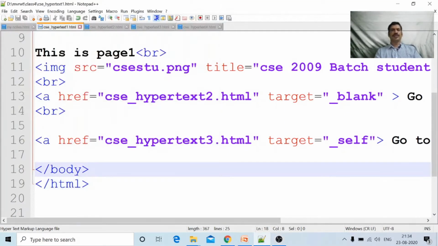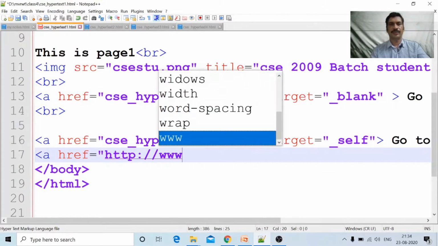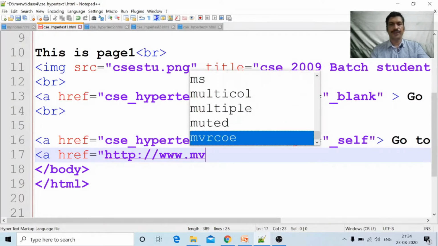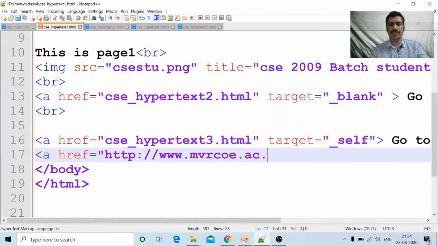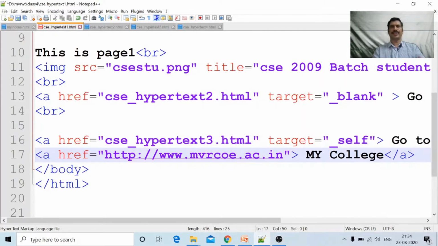In page 1, I am writing one more anchor tag, href equal to http://www.mvrcoe.ac.in, close the inverted commas, close this, with the text "my college", then the closing anchor tag. I have written one path, from starting to ending.